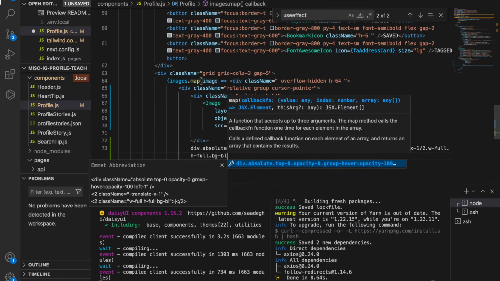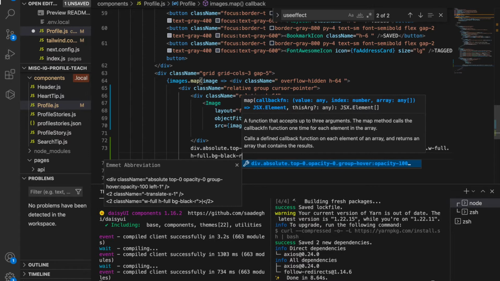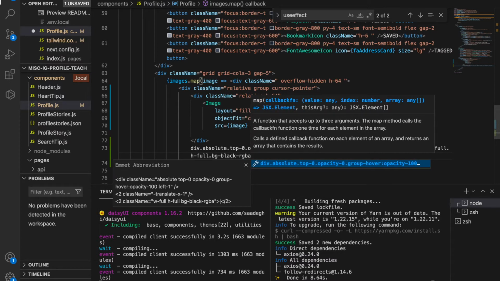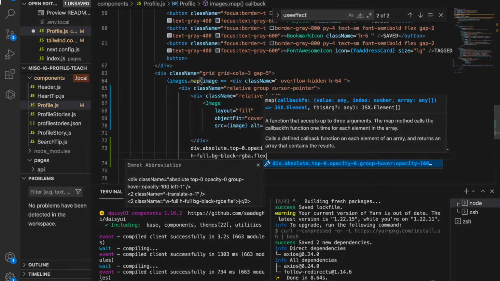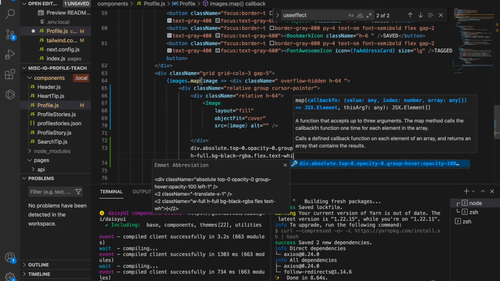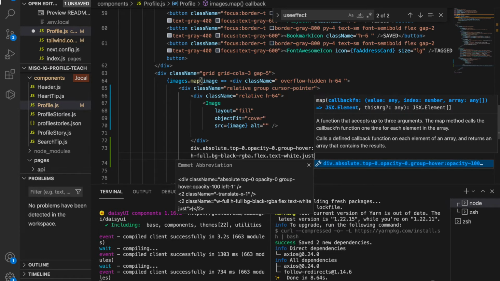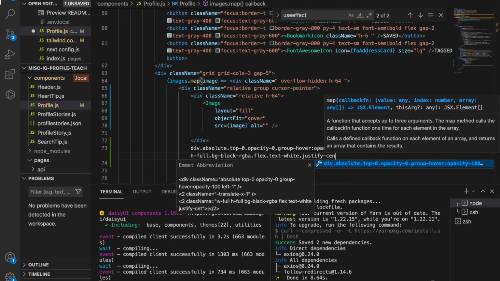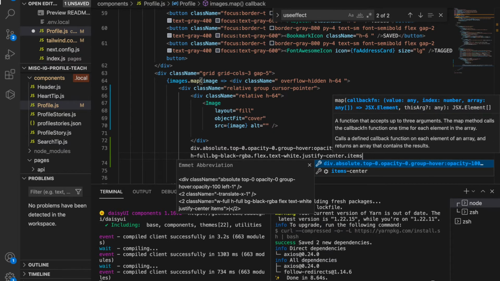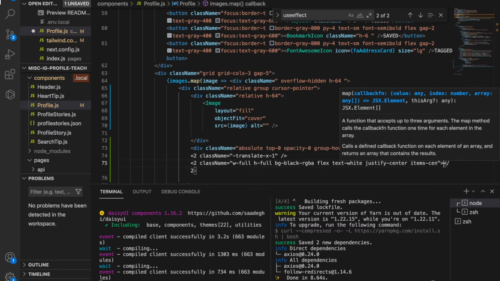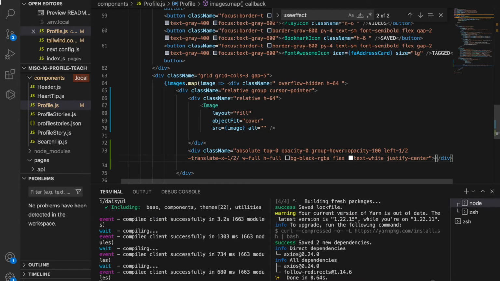This is a transparent black color, semi-transparent, and then we use flex, and we also have the text of white color, and then we want to place the text at the center of the div. So we use the justify center and also the items center, and then for example we type something,